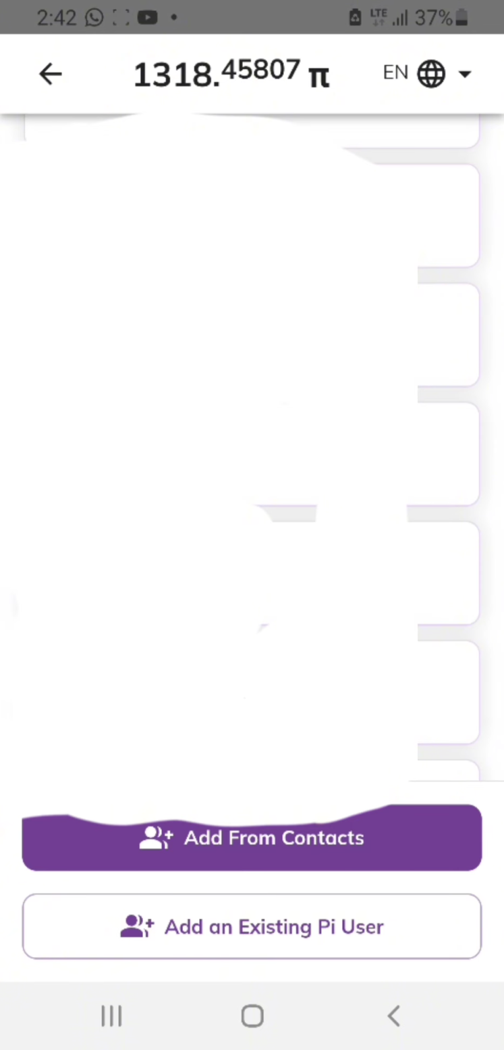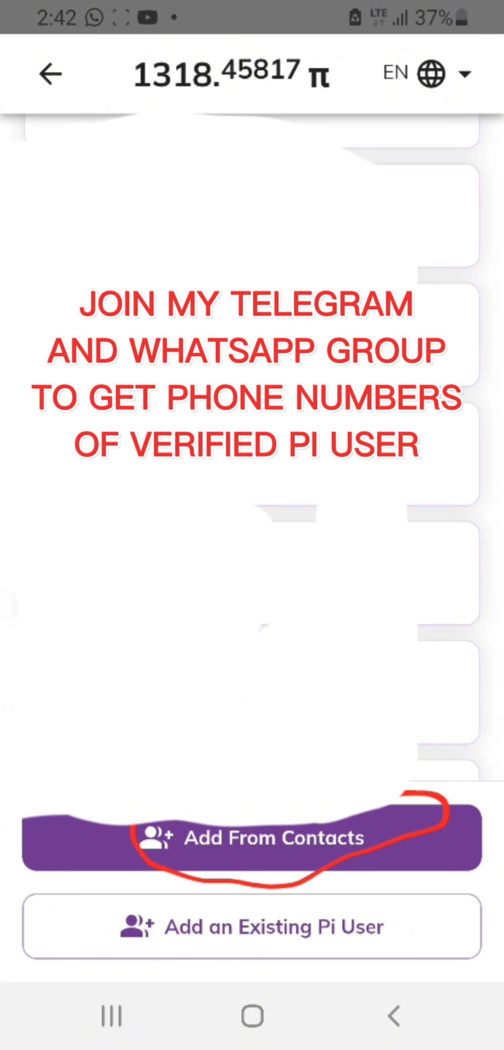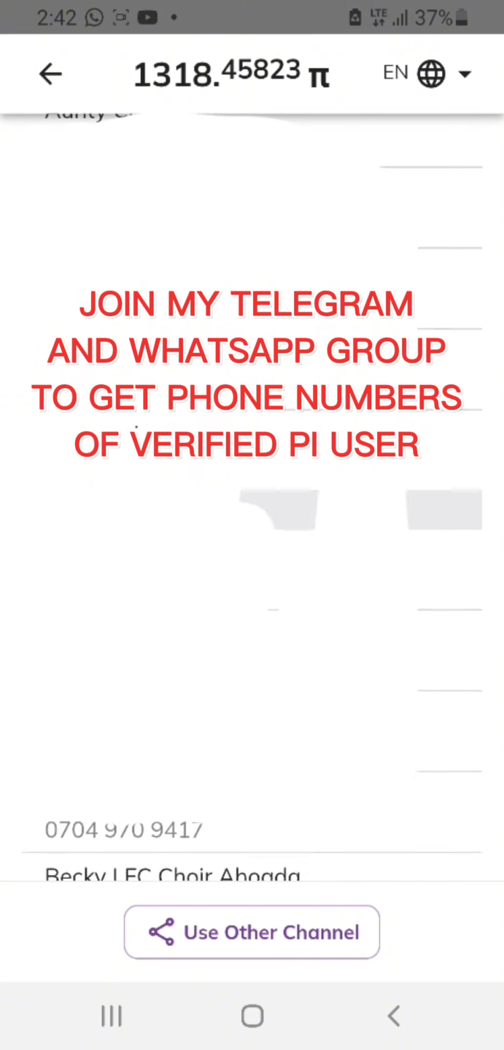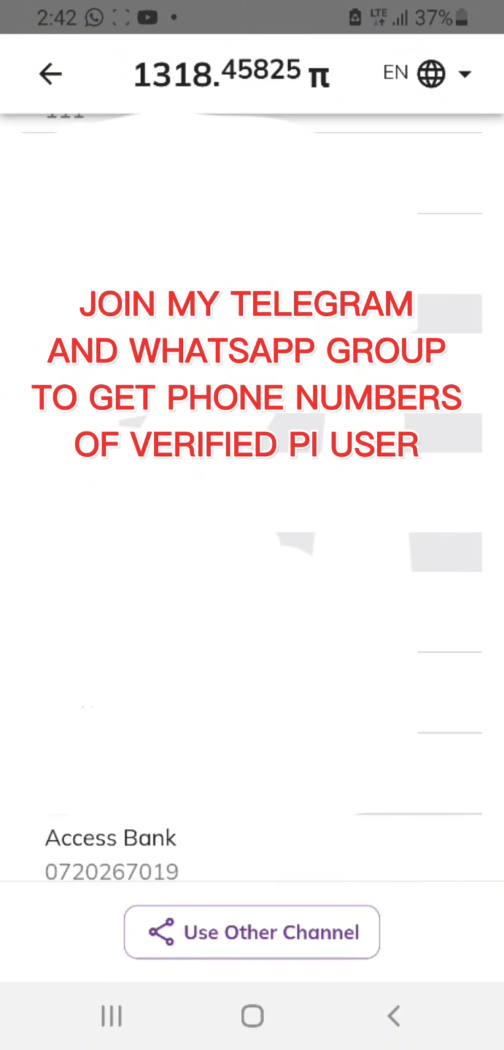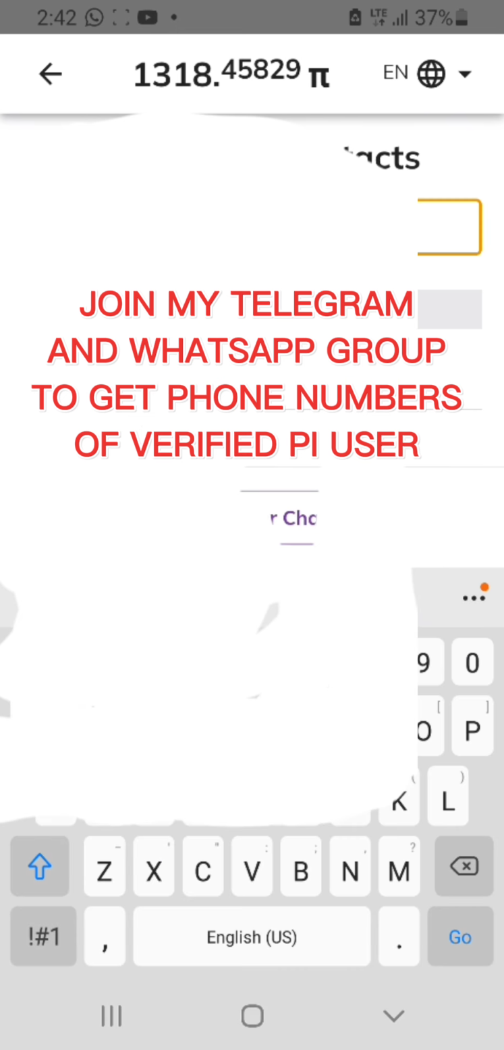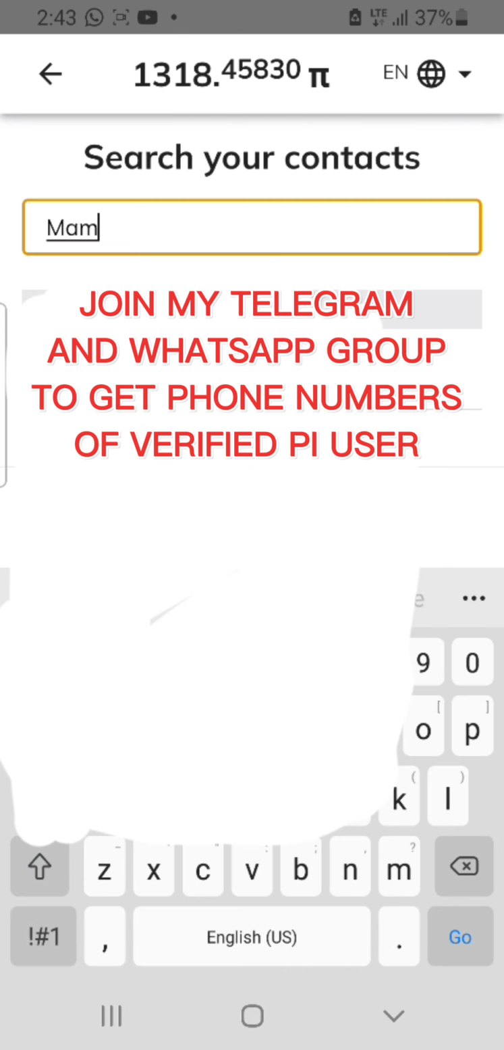Now, how do you add verified users, the people you know that are verified, into your security circle? What you do is click on this. Click on add from contacts. You click on it. Now, you can either scroll, or if you know the people that are verified, like you physically know them, like in my case now, I know this particular person is a verified